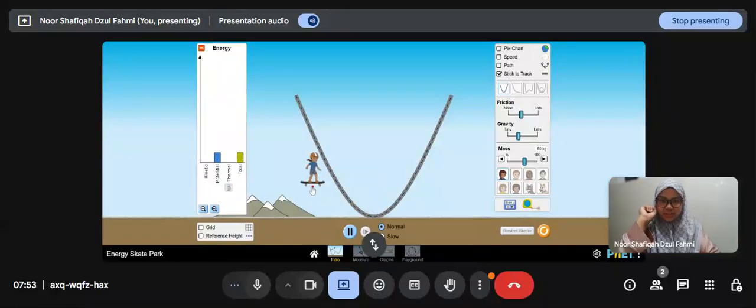Okay, now take a look at the graph on the leftmost side over there. See the energy graph, and you can see that the potential energy is at its highest, right? Okay, the blue graph is at its highest, and the green turquoise graph, which is the total energy in the system, is actually the same or at par with potential energy at the time. Okay, now let's take a look at what is happening when she is moving along the ramp.